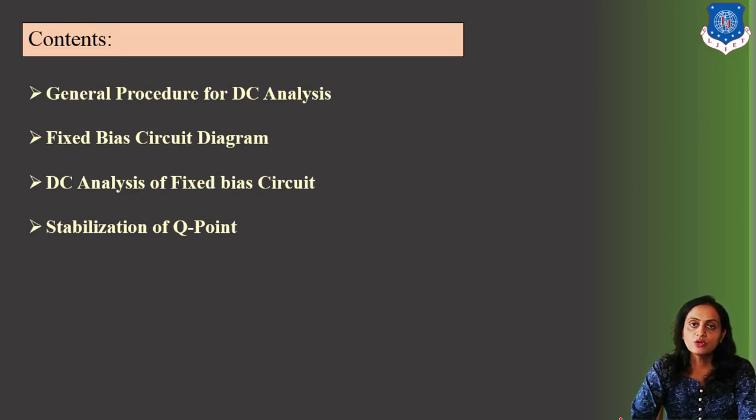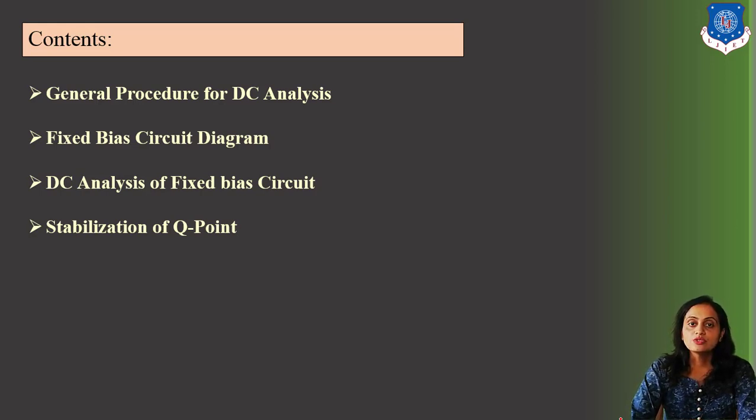In the previous video of this chapter I had discussed what is load line, what is a quiescent point, what are the coordinates of the quiescent point, what is the importance of stabilization of the quiescent point, and what are the factors which affect the stability of the Q point. At last we had seen how we can stabilize the Q point using different biasing techniques. In this video I am going to discuss the fixed bias circuit, and these techniques we will analyze.